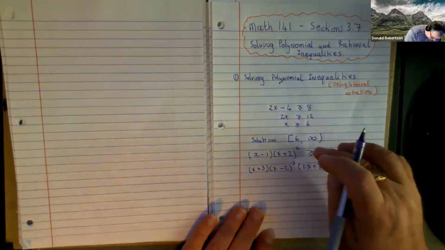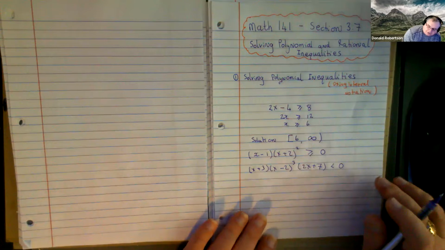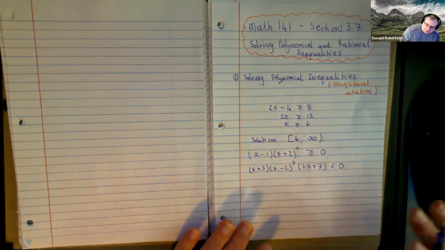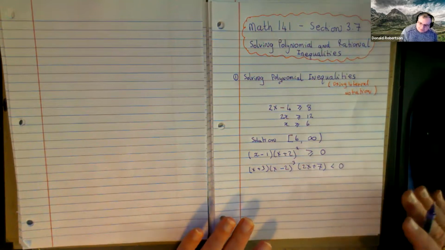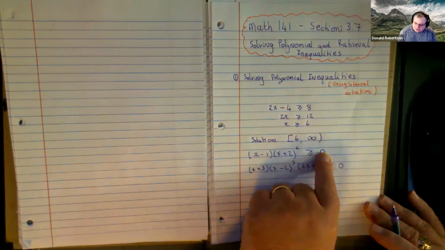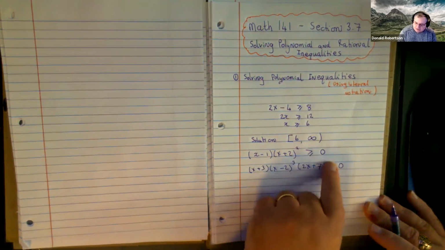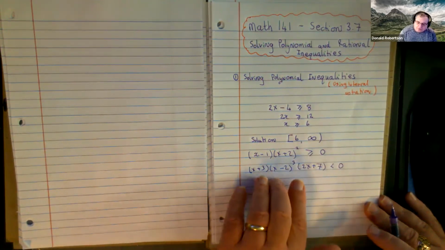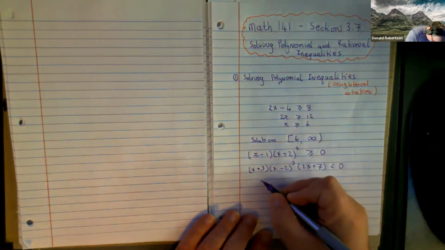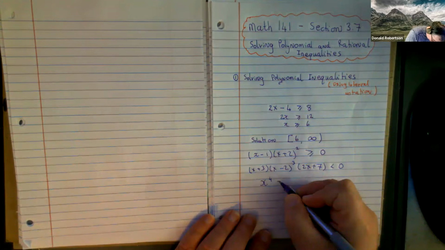Anything that's factored and compared to 0 is our friend, because they've taken away one big chunk of the problem. You need to have these things factored greater than or equal to 0 or factored less than or equal to 0. So if you don't get one factored, that's going to be another job for you. So for instance, you could get